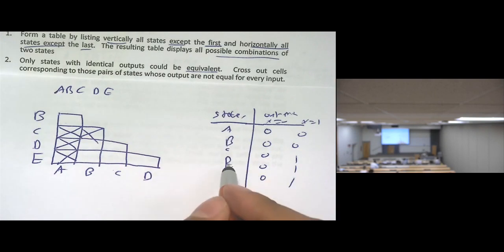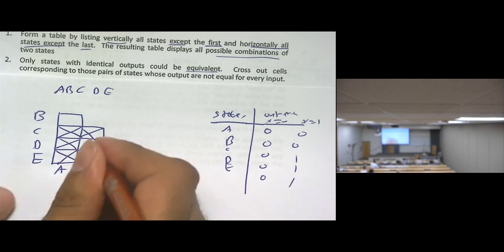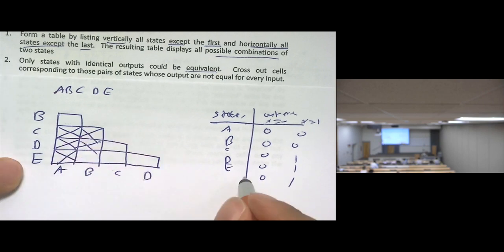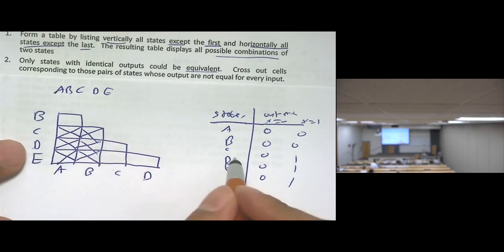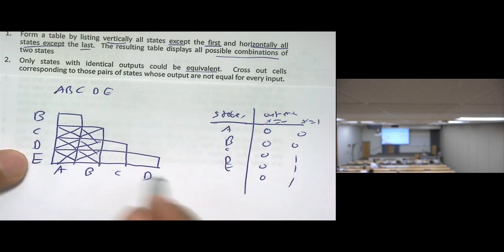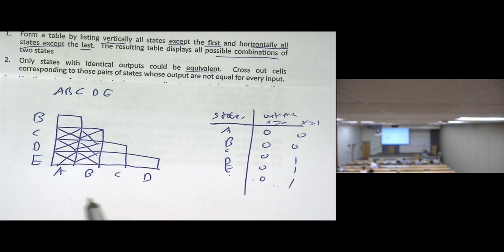B and D. No. Cross it. Does B and E have the same outputs? No. Cross it. Does D and C? Yes. Keep it. D and E? Yes. Keep it. E and D? Yes. Keep it. So the crossed states mean there is no way for them to be